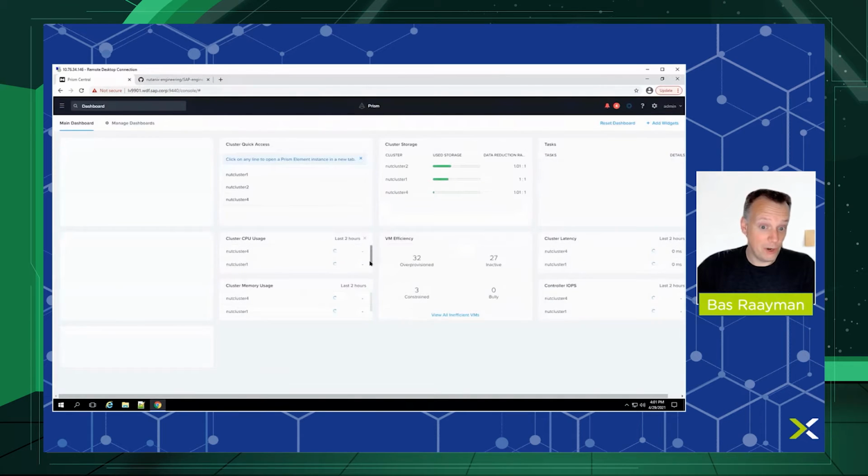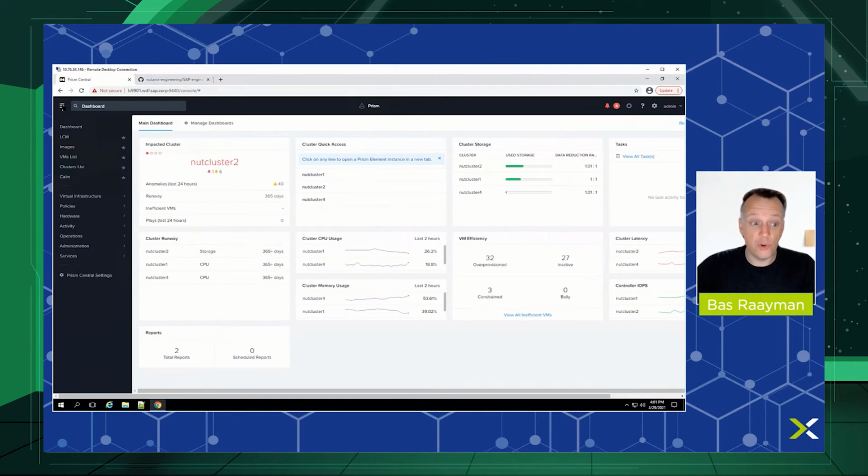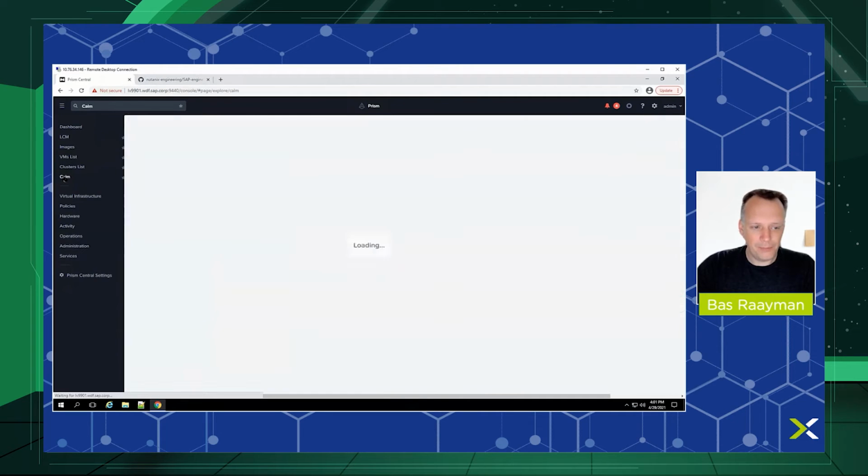Now, this is our environment that is in use inside of SAP. We partner with SAP. We have several Nutanix clusters inside of SAP's environment. And as you can see, we use our own tools there, obviously. This is just 3 clusters as an example, although we do have a couple more that we use for testing. I'm going to click on the menu, select Cloud Manager,